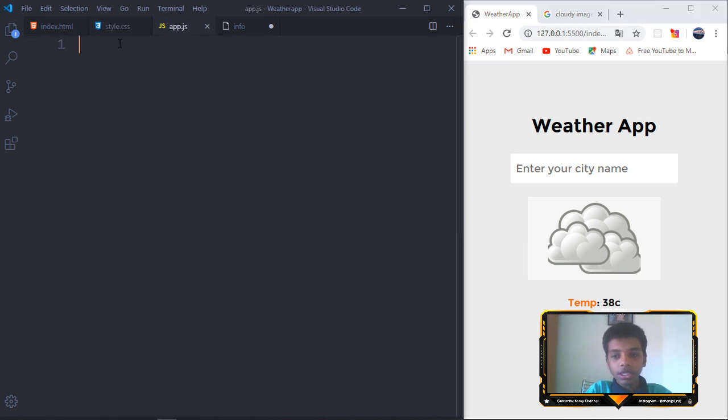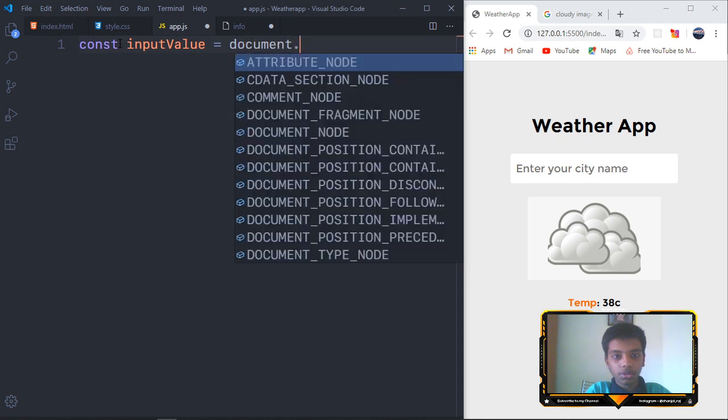We want to get the input of the city name. So the first thing I'm going to do is input value equals document dot